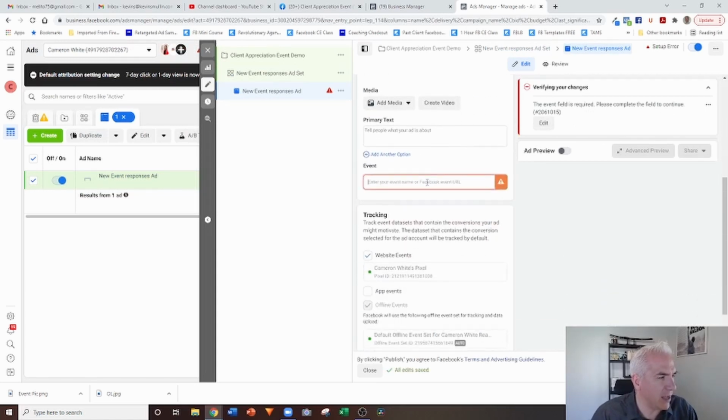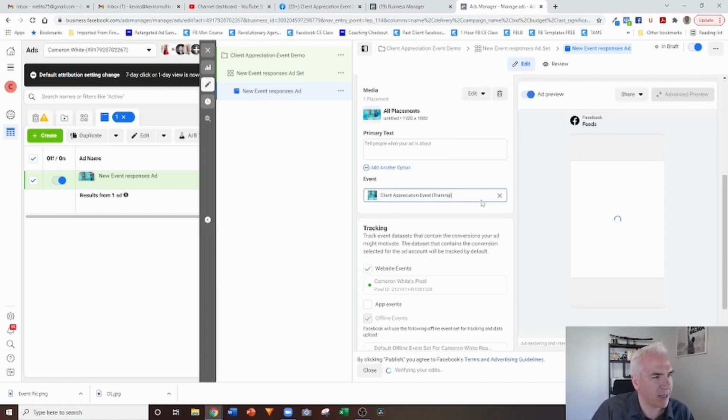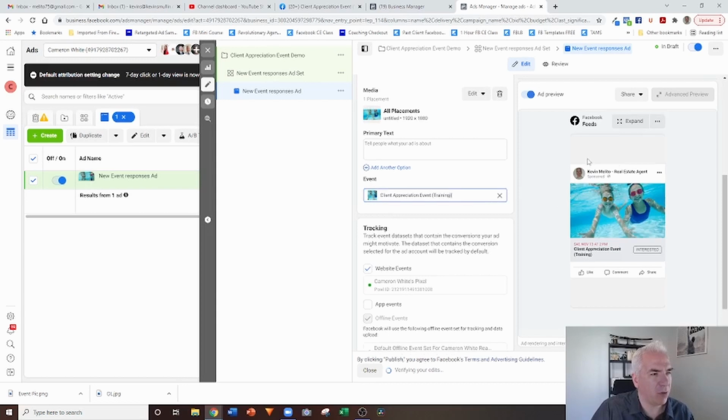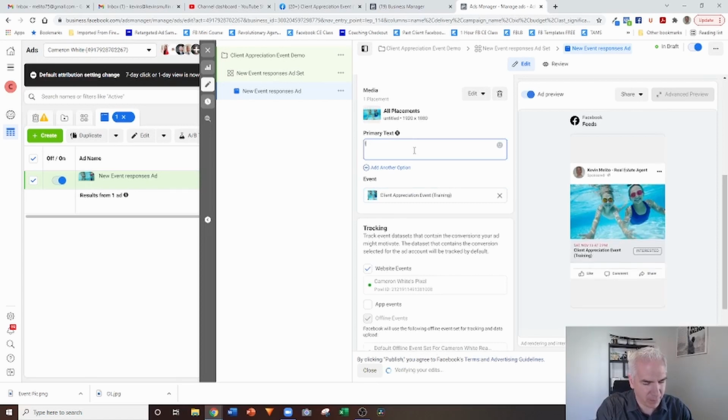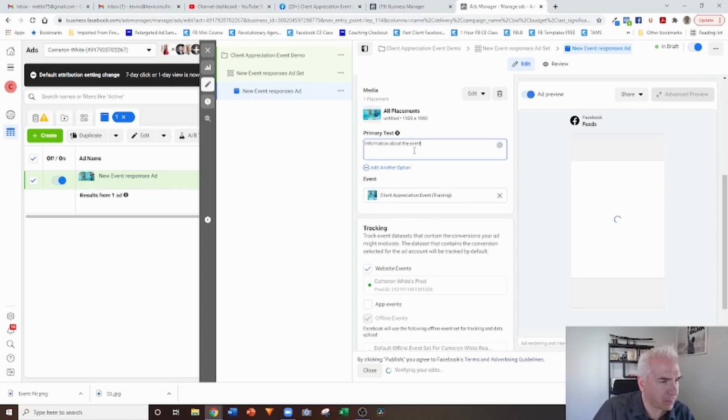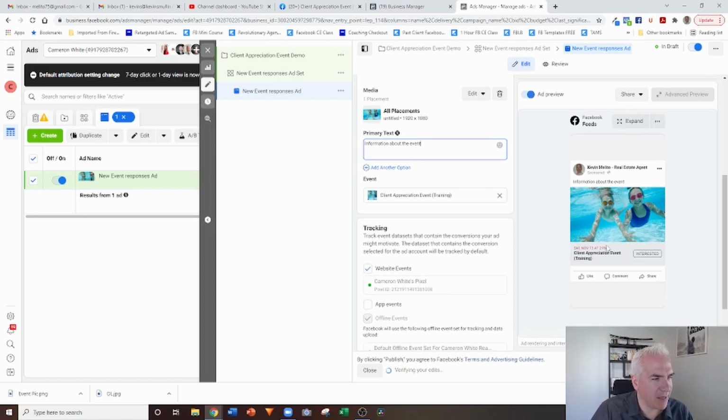We're going to go down to the event and see how when I click there, it's already populating the event. I'm just going to select that event. It pulls it up right here. I can add in any details that I want to put in here. And it's already got the date, the time, the location is there inside the event. If people want to click on it and learn more, they can either click the interested button or coming or whatever they want to do.